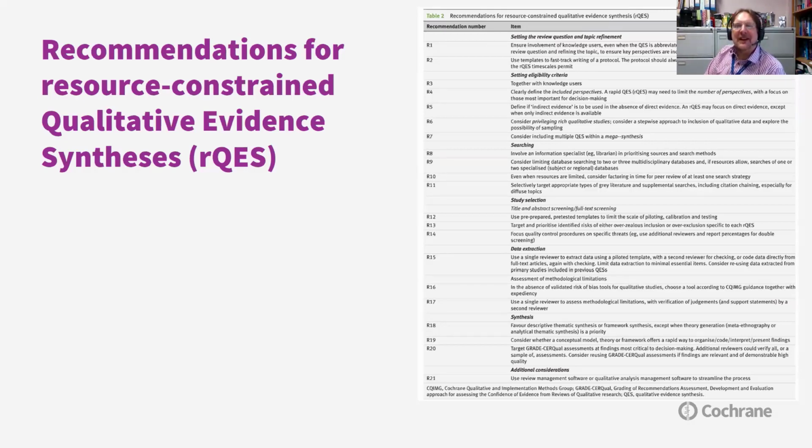Essentially, there was an extra bullet point for R3, which actually was a generic point applied to 4 of the subsequent recommendations. So when you access the version of the paper that's final and approved, there will be the nice tidy 20 recommendations. So it's not a decalogue, it's 2 decalogues in the sense of the commandments for rapid qualitative evidence syntheses.